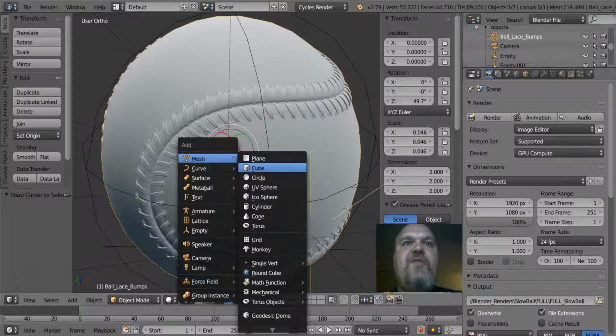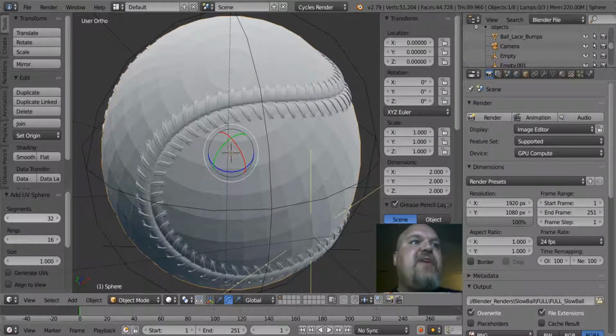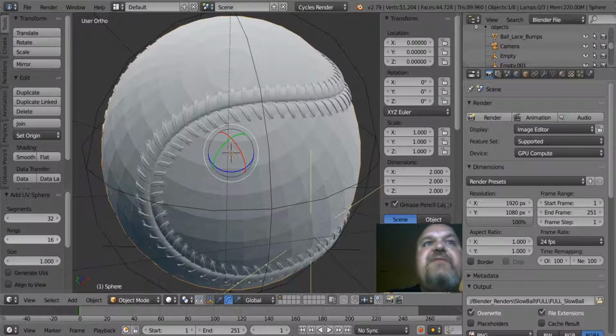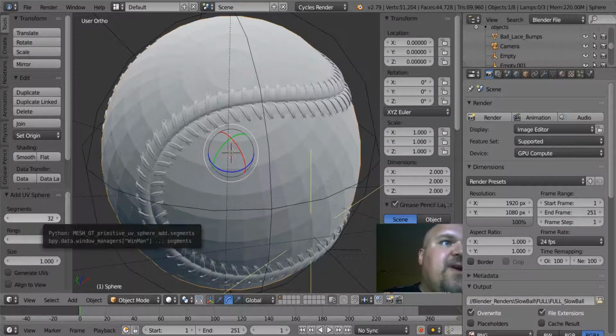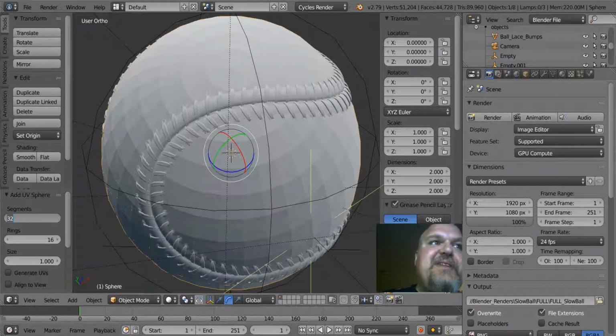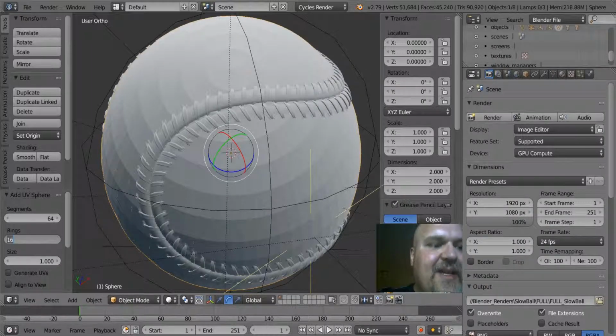And I'm going to move the selector over to UV sphere, and the UV sphere that I'm going to use in this case. So this option menu down here tells us about the UV sphere that we just added, and it's really important to make your changes right after you add it, because it's gone after that. You don't get the option to make any after the fact adjustments to your sphere, but instead of 32 segments, I'm going to give this one 64, and the rings I'm going to change from 16 to 32,